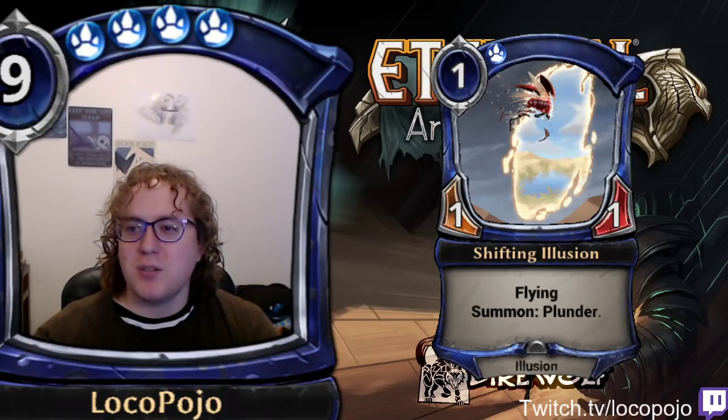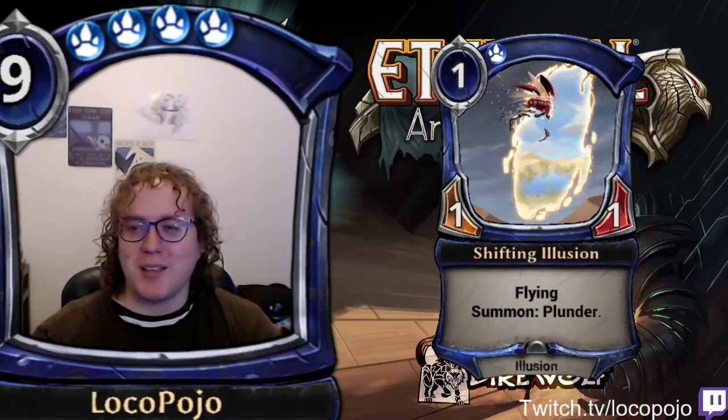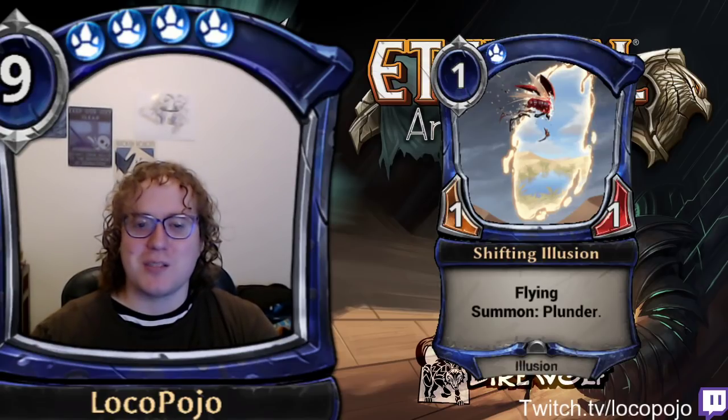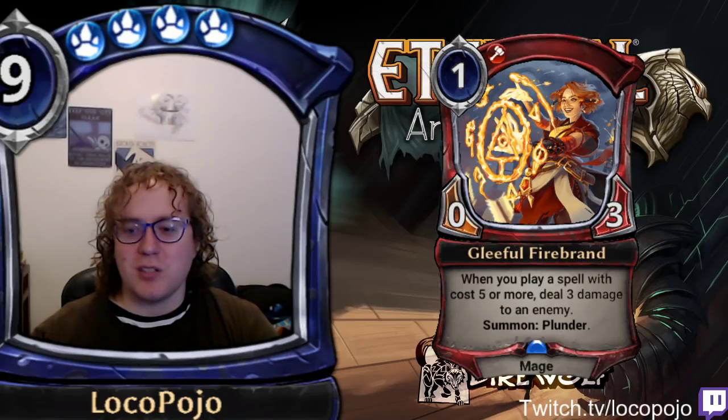So yeah, the Shifting Illusion is notably an illusion of a Humbug. That's something to pay attention to, or at least it's an illusion that's fooling a Humbug. But yeah, it's kind of an interesting idea. I think that overall this card is not particularly powerful, nor is the second card on the list,